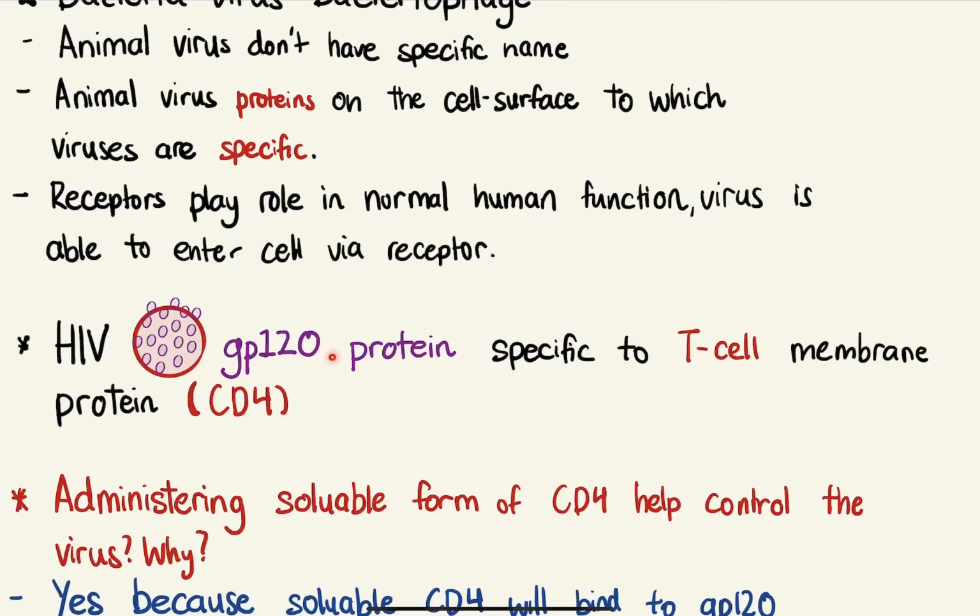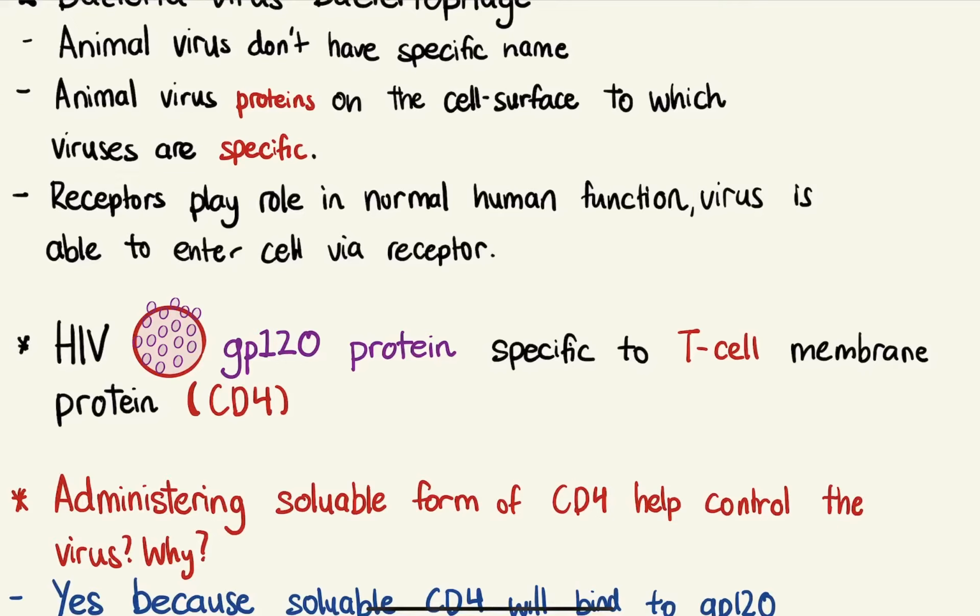Now the Gp120 protein is specific to T cell membranes, or the CD4. And because it's specific to the CD4, it allows the attachment of the HIV to the host cell, which can then cause the insertion of the genetic information,